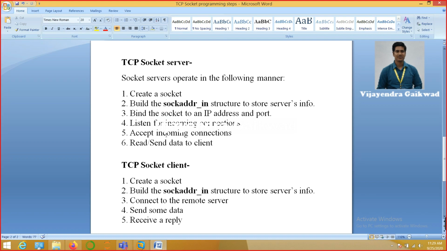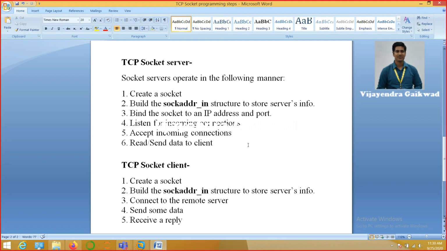Okay, now as we accept any incoming client connection, implicitly this accept system call will create a new socket which will work with the newly connected client, and henceforth we will be able to send and receive the data through that newly created socket for that particular client. Understood?